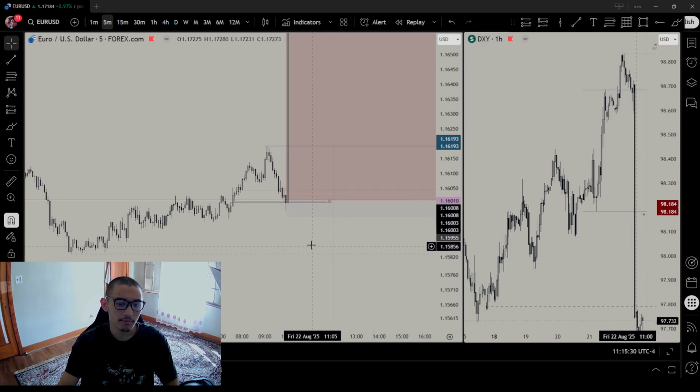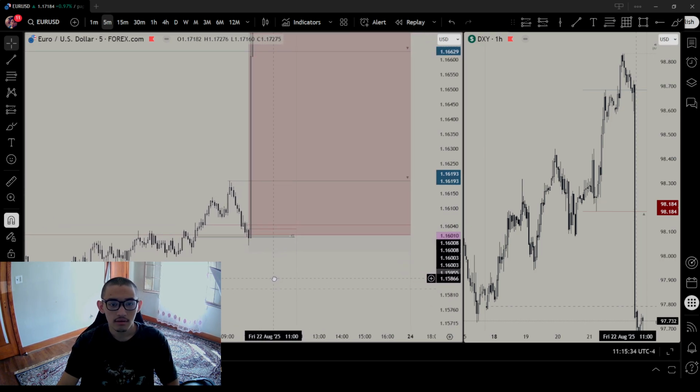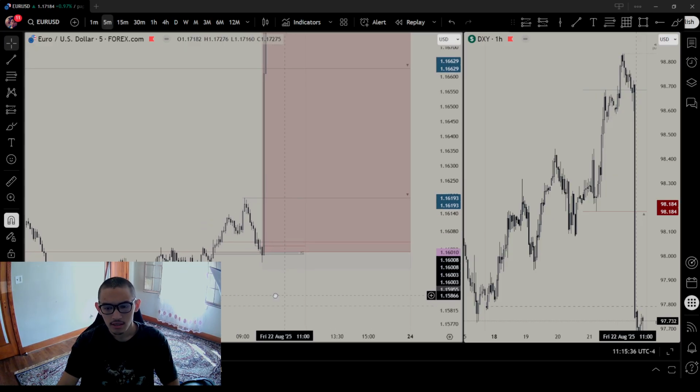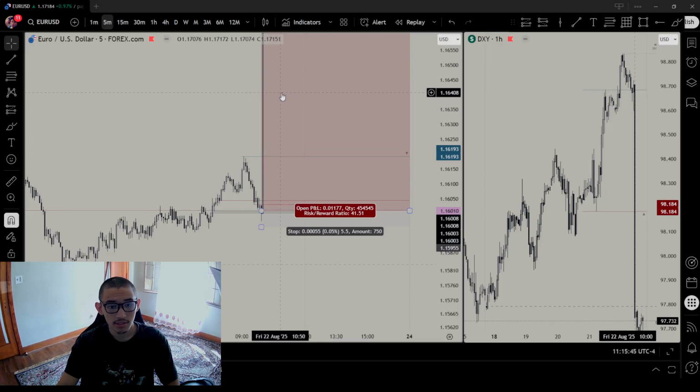And you're probably wondering, is that even possible? Yes, it is, because of time frame alignment. Once you go from the monthly to the weekly, the daily, the 4-hour, then you go down to either the hourly or 15-minute. Then you go down to the 5-minute or 15-minute time frame. Then you go take the trade.